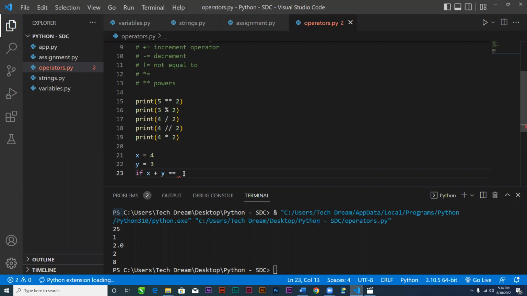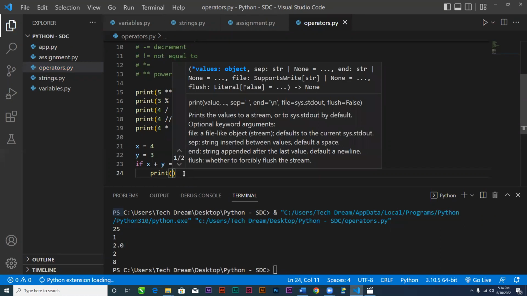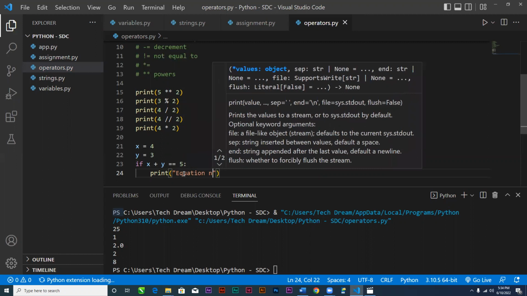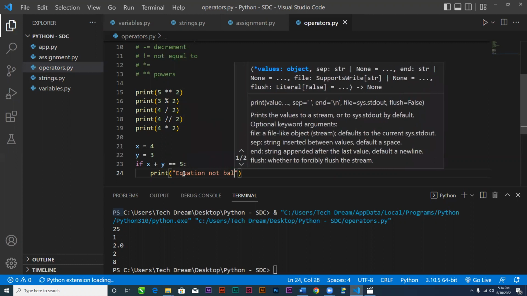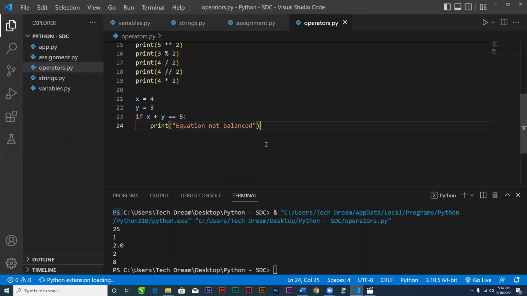Let's say we know that 4 plus 3 equals 7, but if we say equals 5, then something must happen. So we can say print, let's say, equation not balanced. So if this is what it is, then else, if not, then we can say